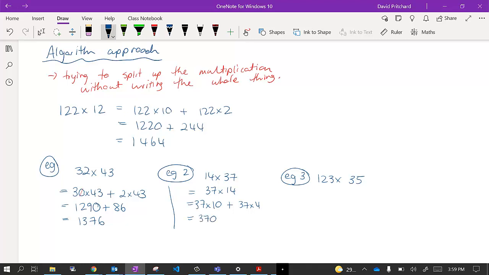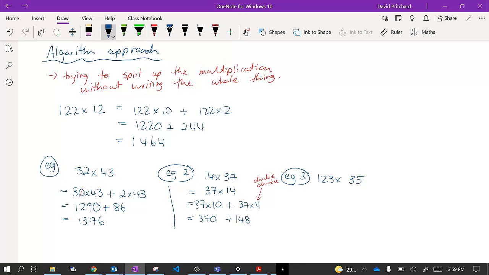370, dump the 0 on. 37 times 4 is a little bit harder. I love thinking about multiplying by 4 as double. So every time I multiply by 4, I just double and then I double again. So if I double 37, I get 74. And if I double 74, I get